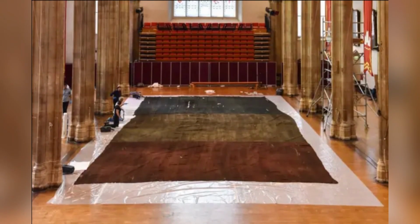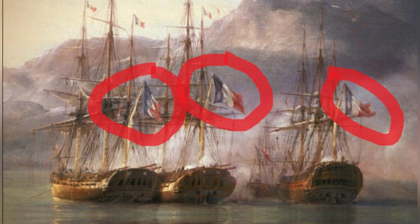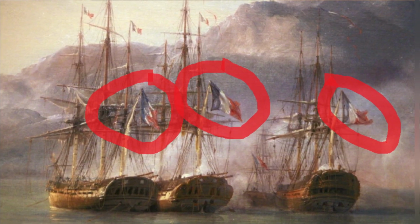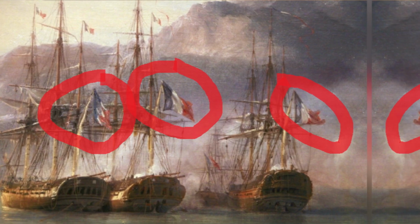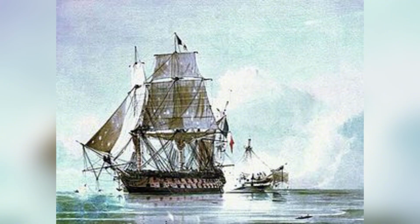It is a very remarkable survivor of the days of sea battles, when national flags played a very important role in naval engagements, so warring ships could identify who was the enemy through cannon smoke and the chaos of battle. The ship was one of only 2 ships to escape the British attack during the Battle of the Nile in